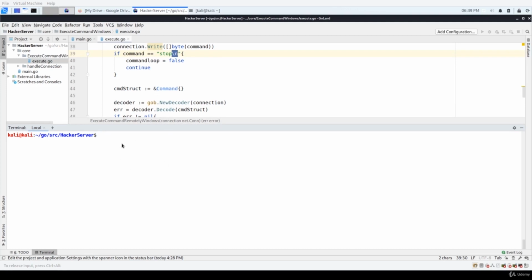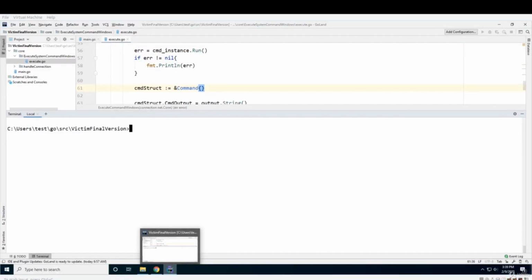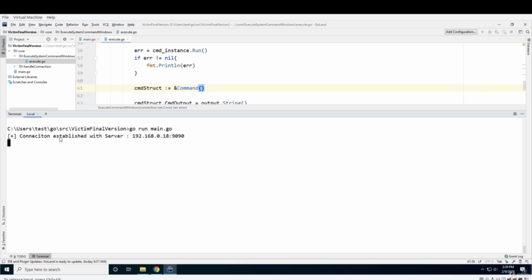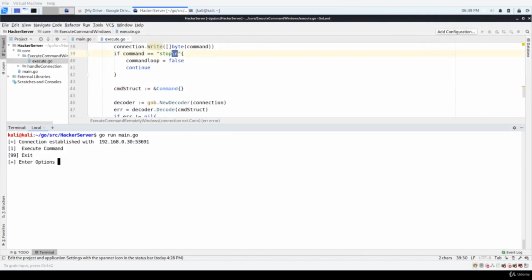So first thing, we need to start our server program. I'm going to write go run main.go, and now this server is listening for incoming connection. If I go to Windows and start the program, go run main.go, you can see that now it's trying to connect, and now it has connected properly. Now if I go to the server again,